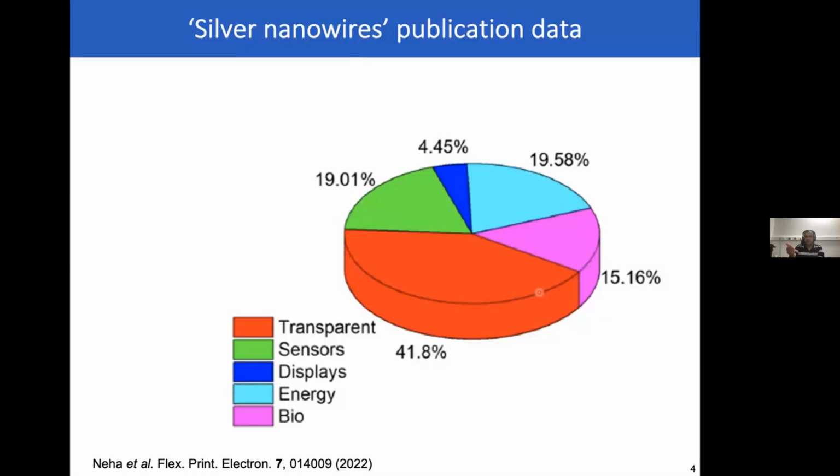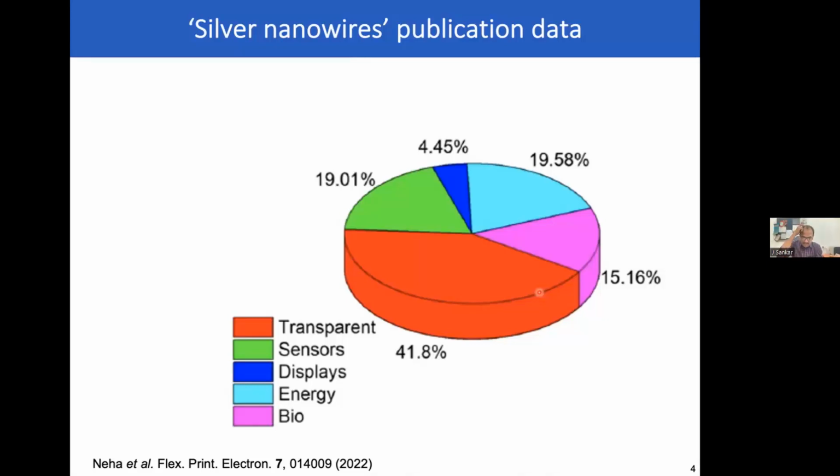That is true, but the other question you have, what is the threshold transparency? It's going to depend on the application. Just to give you an example, in some of the commercial work that we do, depending on where your silver nanowire patch is on the automobile window, they have different zones. In some zones you need transparency greater than 85%, because they are right where the driver's eye is. There are some applications, for example, a windshield on the side, where you can get away with 75% transparency. So even from a commercial perspective, there are different values depending on the application.